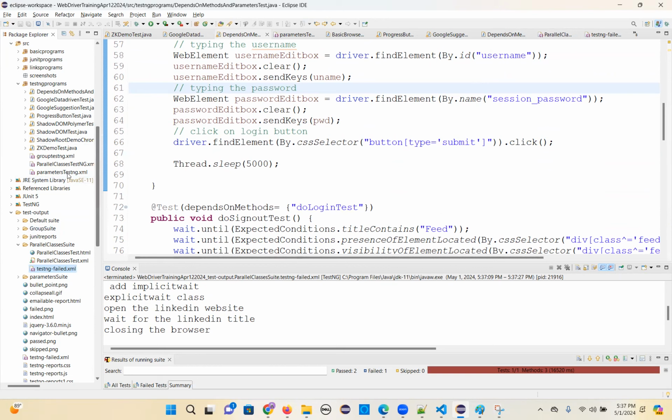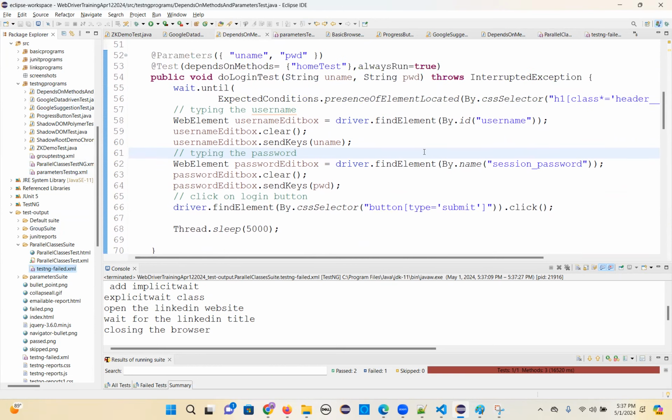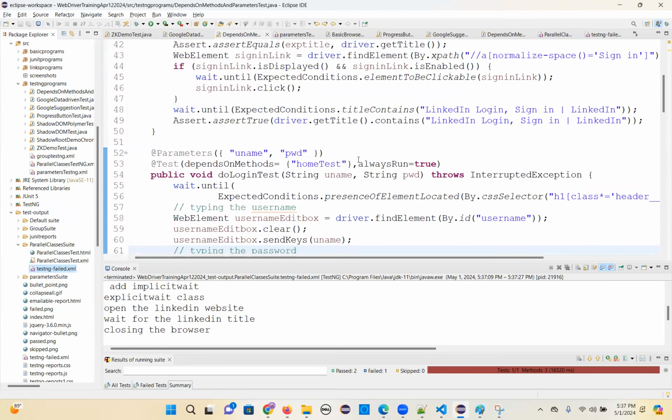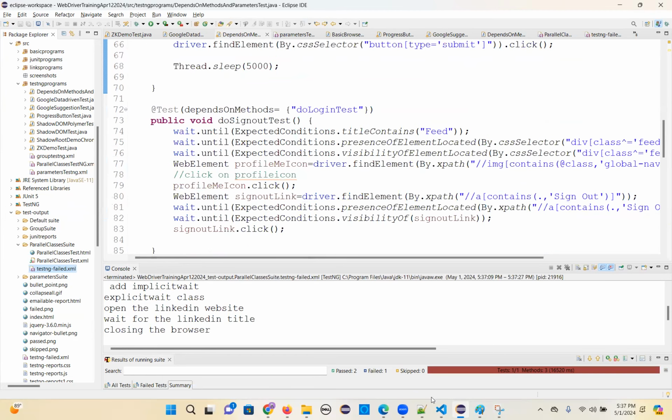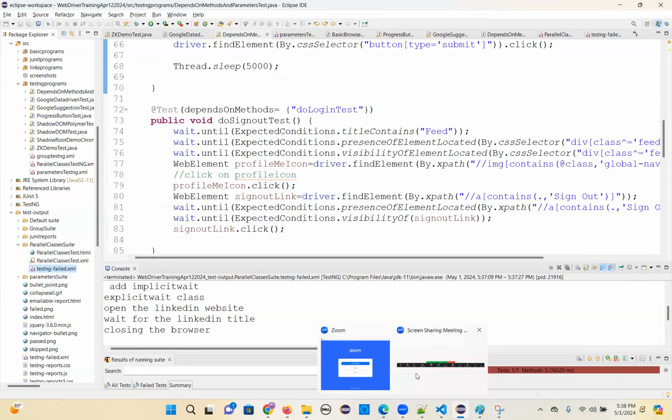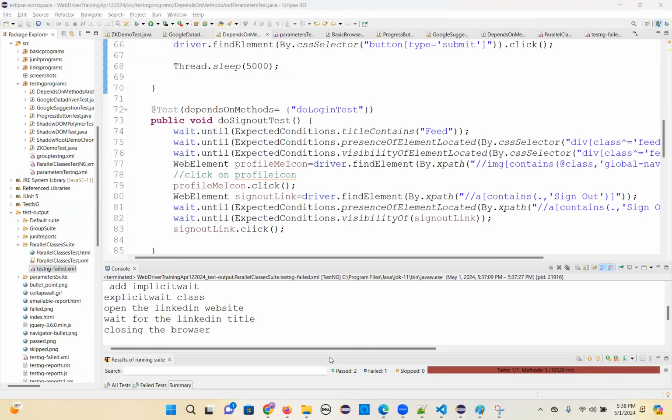Just leave this, okay? When we run independently, we didn't get that. So now we are getting that. Don't waste time unnecessarily there. Okay. So that's how to run classes in parallel. Now let's join back and I'll show you how to run test